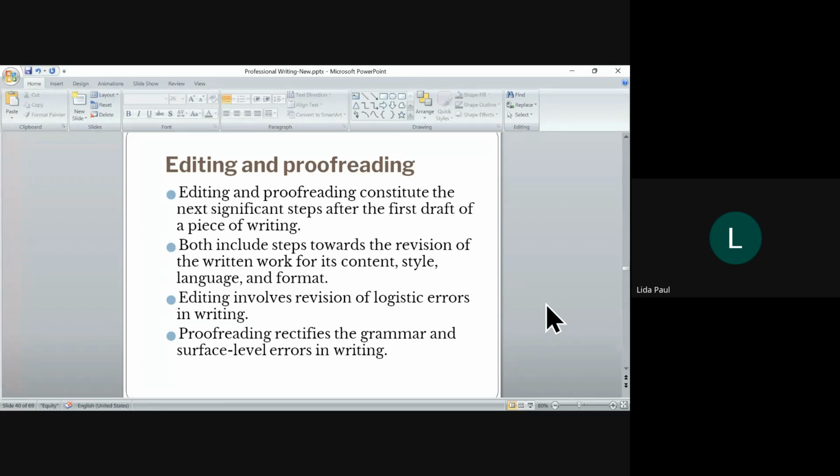Okay. So editing would usually be concerned with the content and style when you are revising. So the next step after you have written your draft of the email, right? The next thing that you're going to do is the editing part, right? So editing basically includes looking at your content, style, and other kind of logistics that you have used to come up with the email. So this is basically revision of the logistics, and logistics basically includes the organizational aspects of writing,